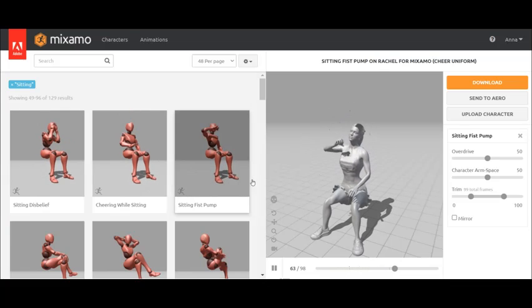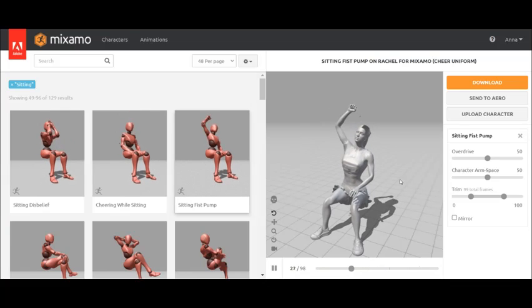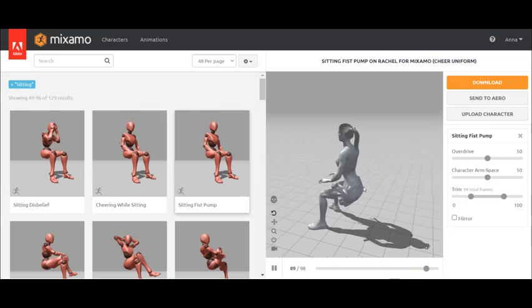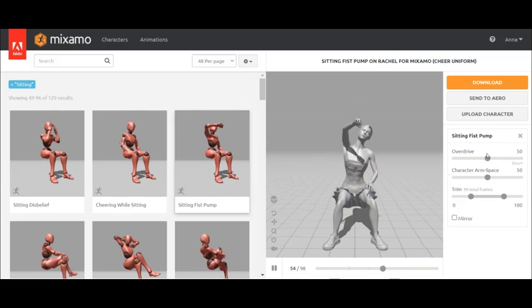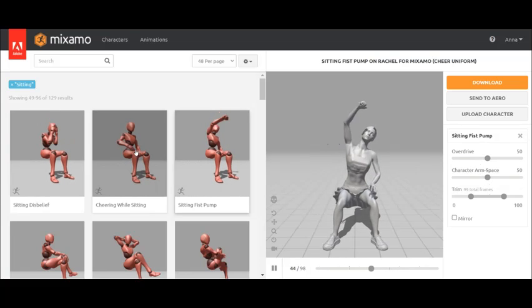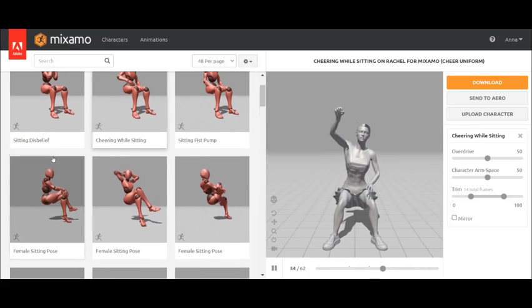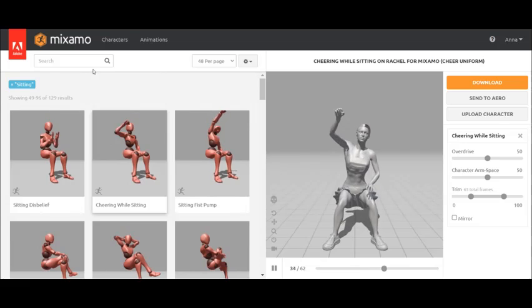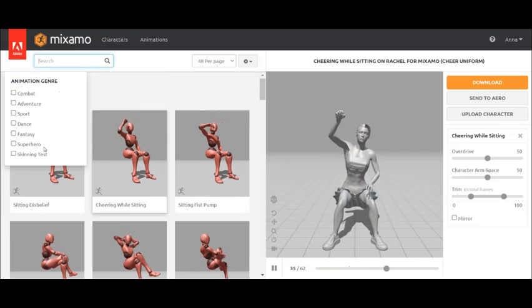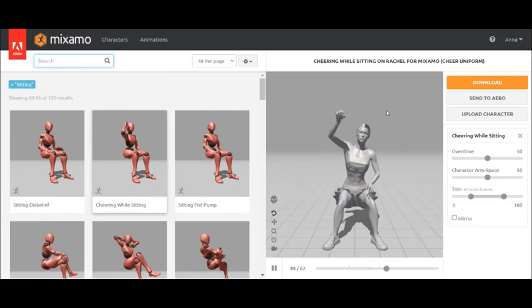You can just pick the pose that you want. You can look at it and see if it's what you like and everything. You have some switches over here that you can mess with. You can pick another one, see all the different ones they have. They have a lot of different ones. You can also go up here and search through them. But once you pick the pose you want,